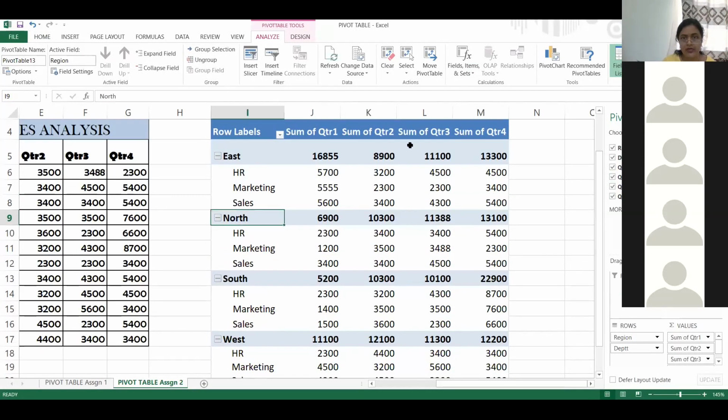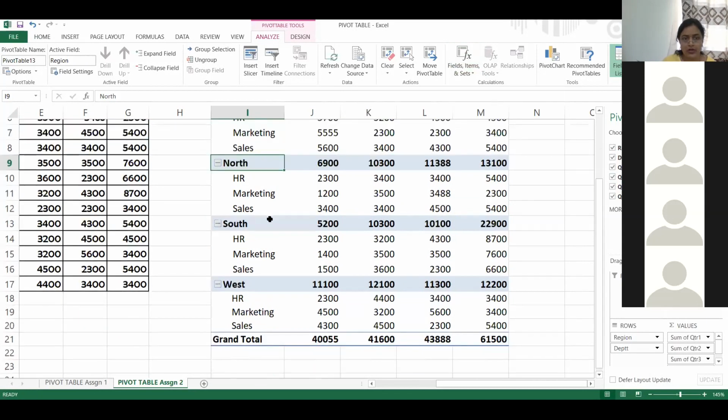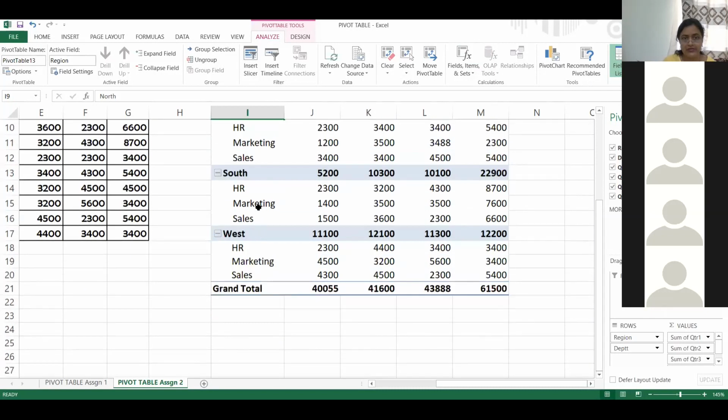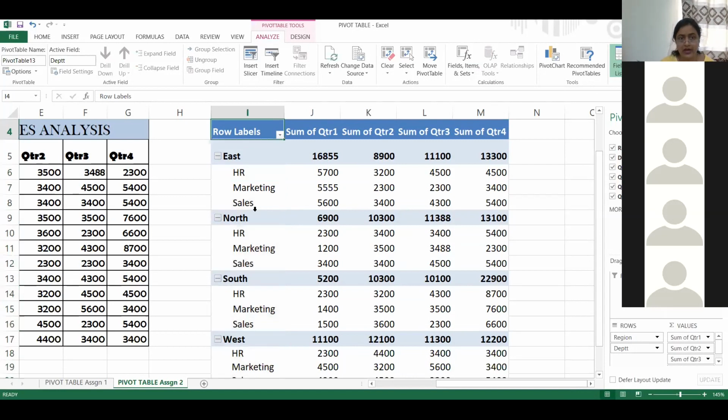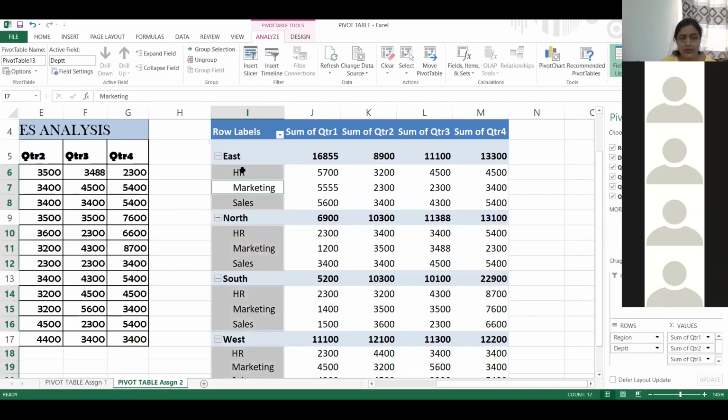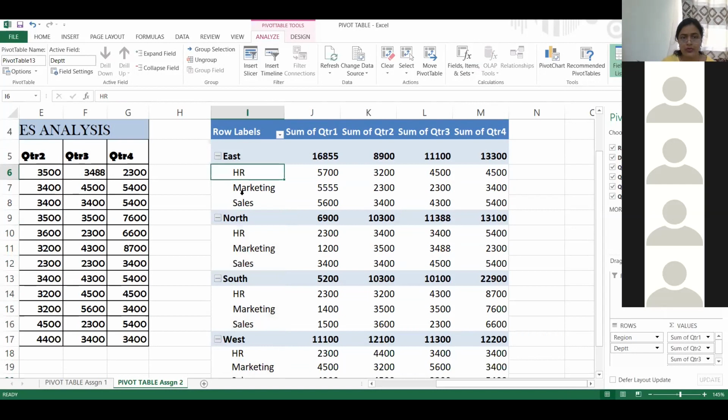What if I want it for the northeast region and southwest region? A calculated field was when we wanted to create a new field from an existing field. Now I want only a few items to be shown in the report. So how to do that?